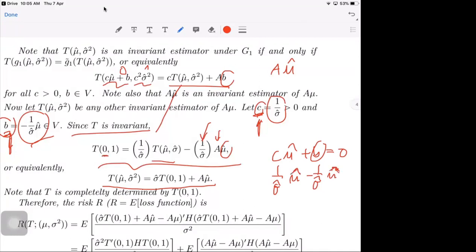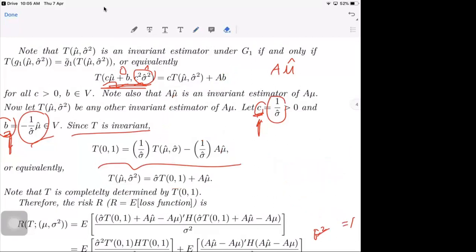So this one is 0, in that scenario, this is C sigma square, your C square becomes 1 over sigma hat square. And this is sigma hat square, so that is equal to 1. Okay? Are you with me? Yes, ma'am. T at 0. Or equivalently, rewriting it,